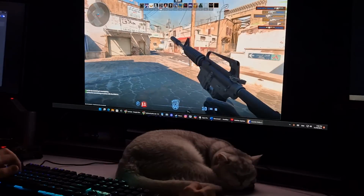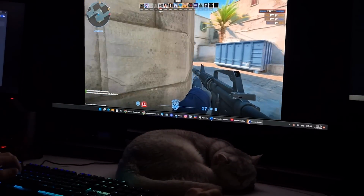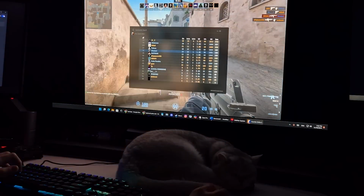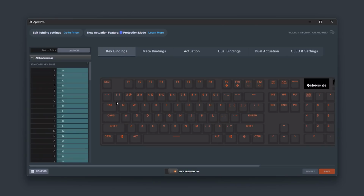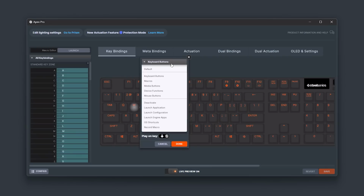And this is a good time to turn over to the software and all the features it enables for this keyboard. You'll need to download SteelSeries GG from their official website. Once it's installed, you'll head over to the Engine tab on the left and select the keyboard. So the first tab allows for custom key bindings. Here you can record key binds directly and rebind any key into a standard button, media control, macros, and much